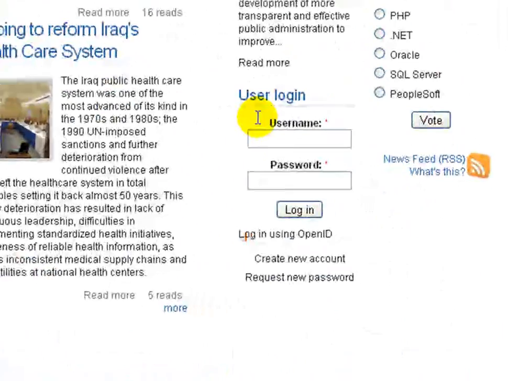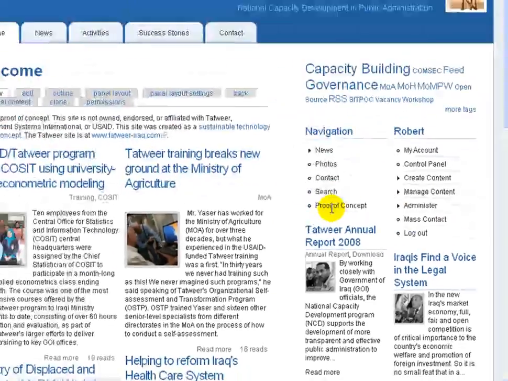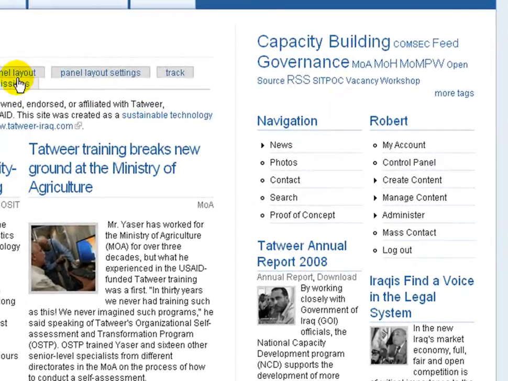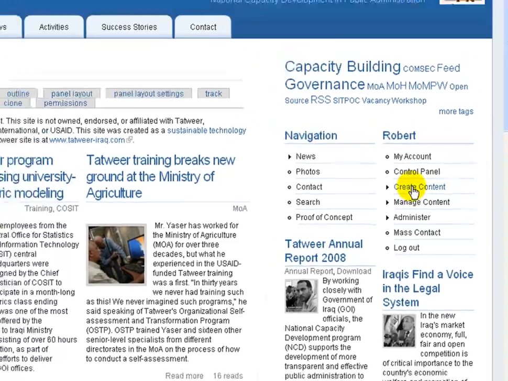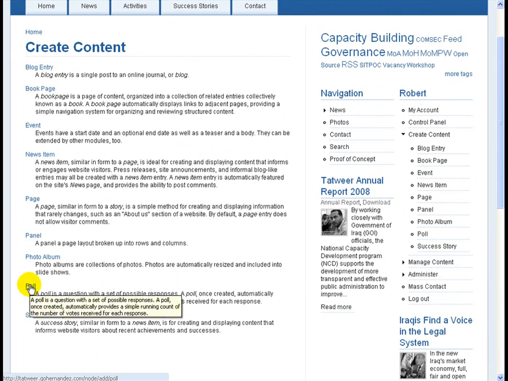So basically what we do is we just log in. Again, this is a content management backed system, so you don't need to do any back-end work, as it were, any developer coding or technical type of things. Once you log in, you'll notice you get some menus and links here as well as over here. These are administrative links that are filtered based on what you have permissions to do. We're going to create content, we're going to create a poll,